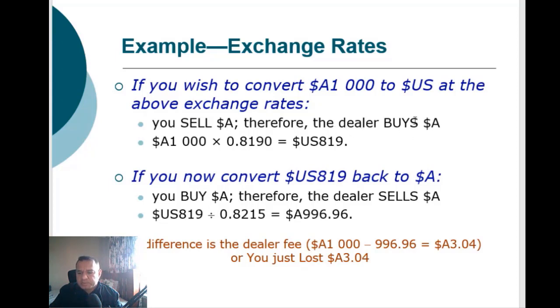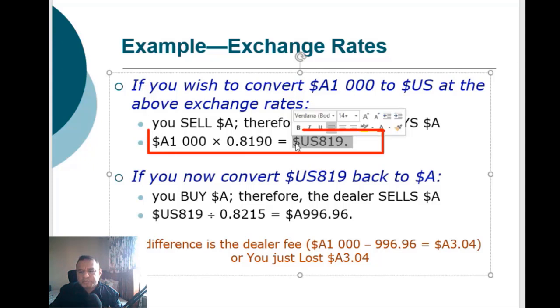The dealer will buy the Australian dollars, or sell the US dollars to you. So you will get 0.8190. So 1000 Australian dollars multiplied by 0.8190